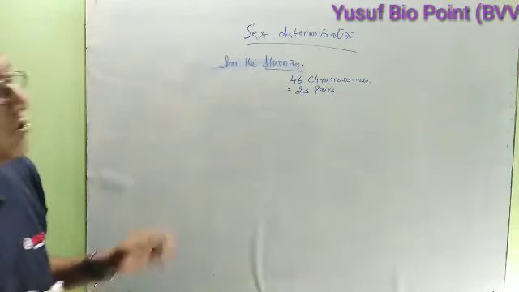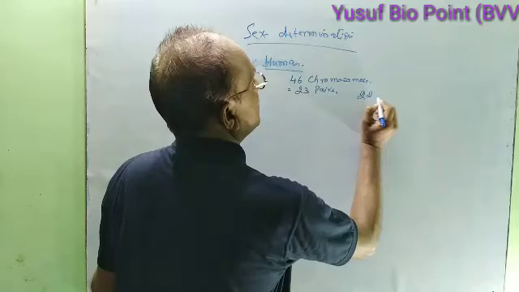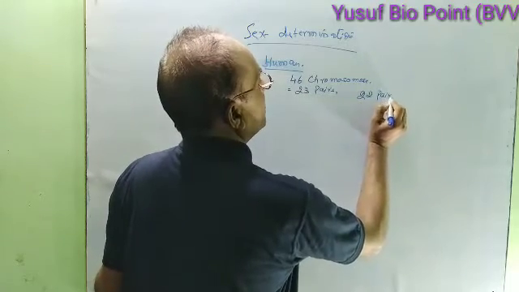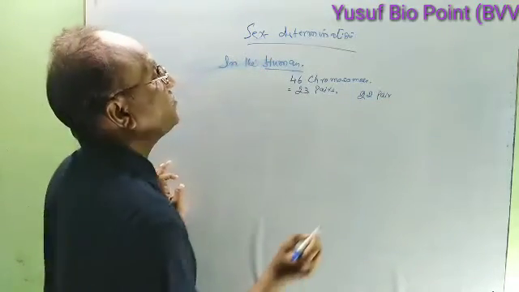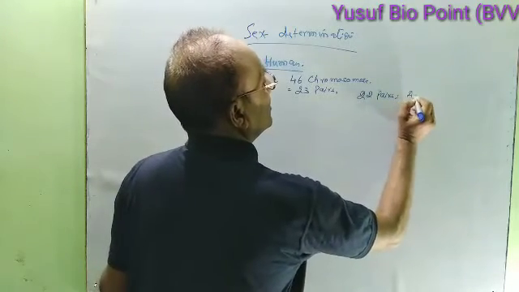Out of that, 22 pairs are of the same type, that is called